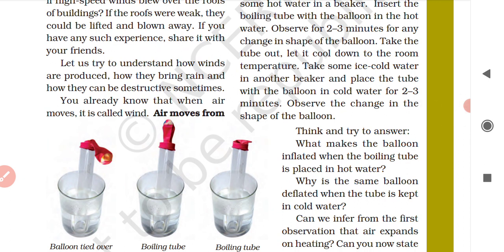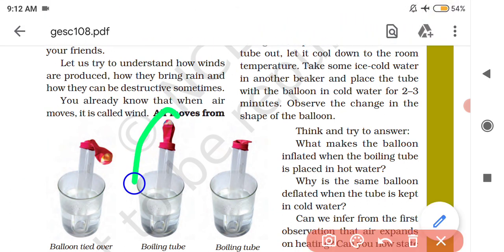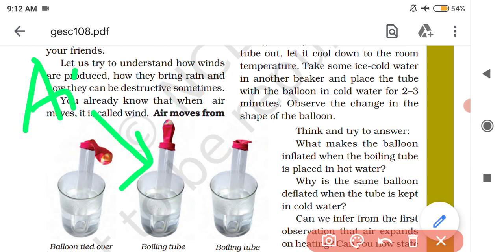Actually what happens here, you see, when this boiling tube is placed in this hot water, there is air present in the boiling tube. Air is present everywhere, right? So air is also present in this boiling tube. So when this boiling tube is placed in the hot water, the tube will get heated. Along with the tube, the air which is present inside the boiling tube will also get heated,